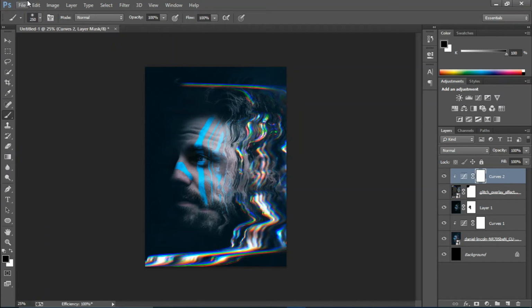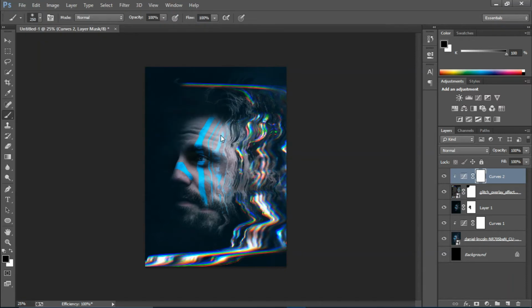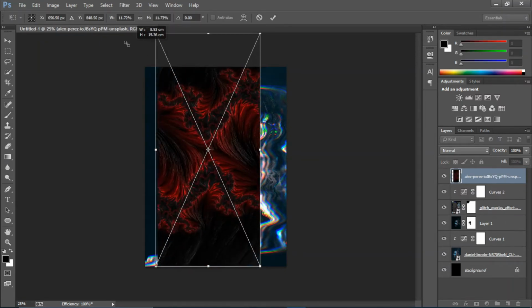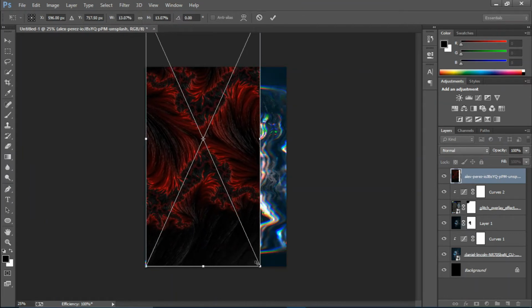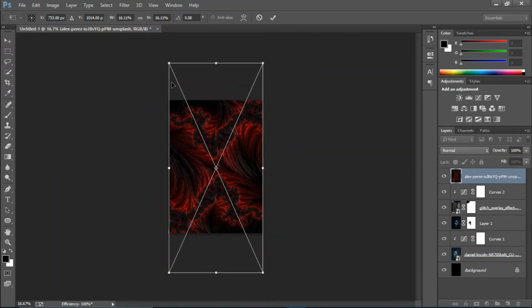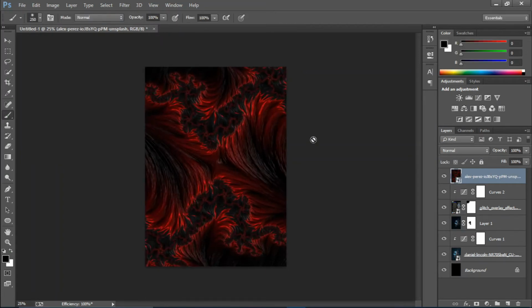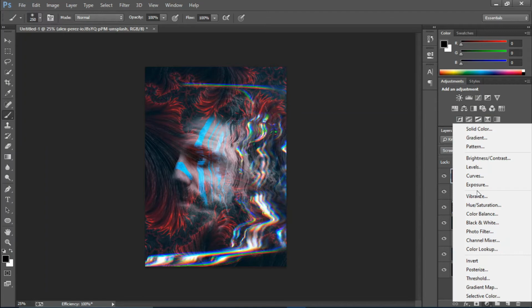And now I'm gonna just place the texture file. Link will be in description. Okay, I'm gonna just transform it so that it fills the complete area like that. A little bit more, I guess. That looks good. Cool. So okay, so now I'm gonna just make it screen,